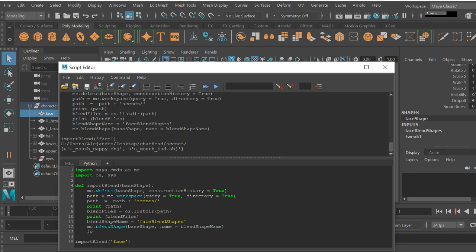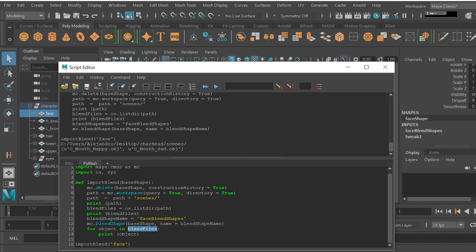So we're going to do for object in blend files. And just for now, let's print object. So it's going to loop through each item inside of the list of